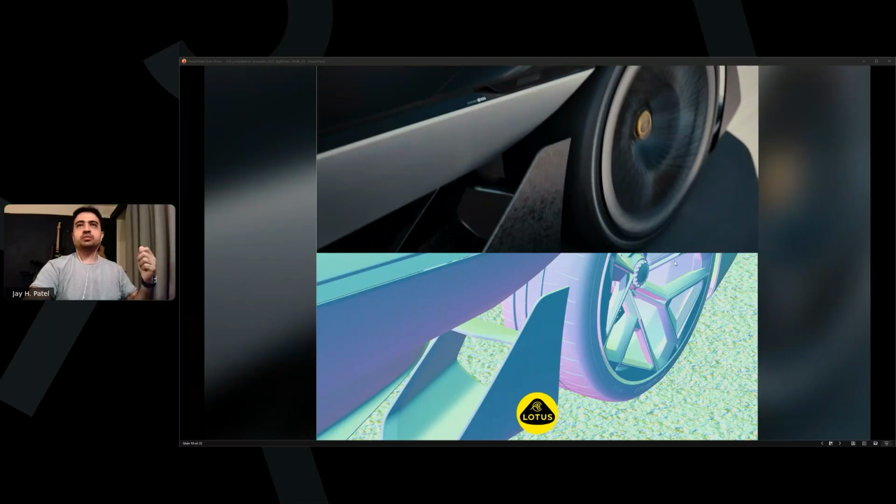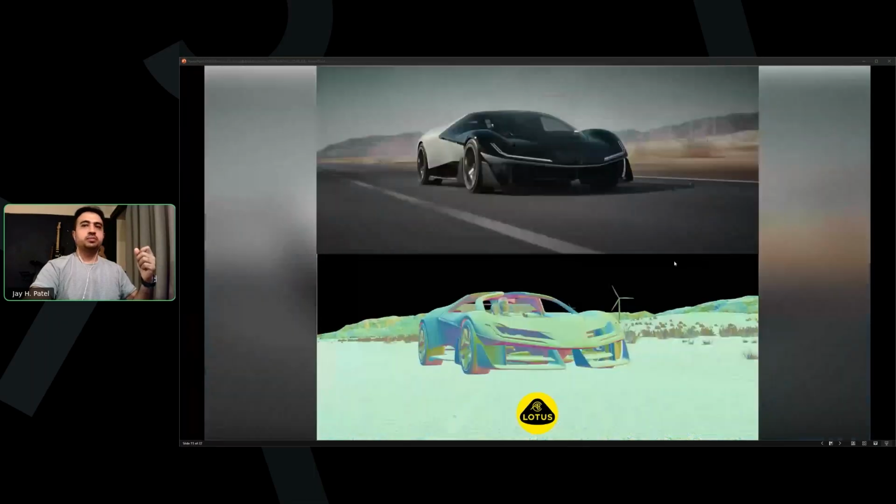So another shot from the film, and we're looking at a meta-human driver inside the car, which is linked to the interior, which basically ensures wherever the car's moving in any direction, we have the meta-human linked. And again, in the background, you see the foliage scattering, which is all done using PCG. I have a bonus section on this towards the end on how I usually set it up.